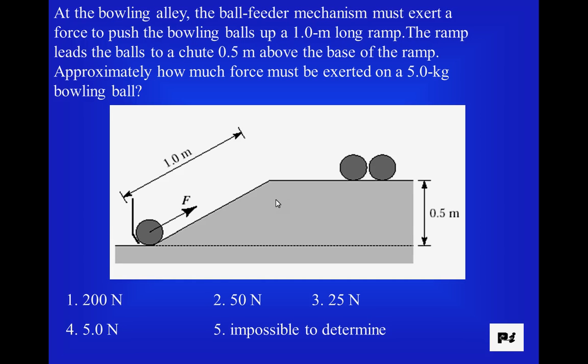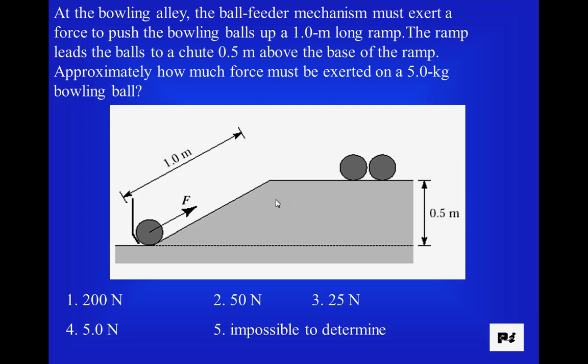mgh. So at the bowling alley, the ball feeder mechanism must exert a force to push the bowling balls up a 1 meter long ramp. The ramp leads the balls to a chute 0.5 meters above the base of the ramp. Approximately how much force must be exerted on a 5 kilogram bowling ball? So